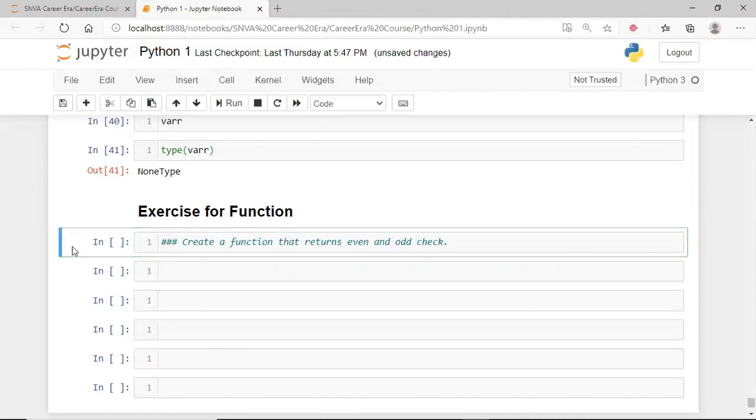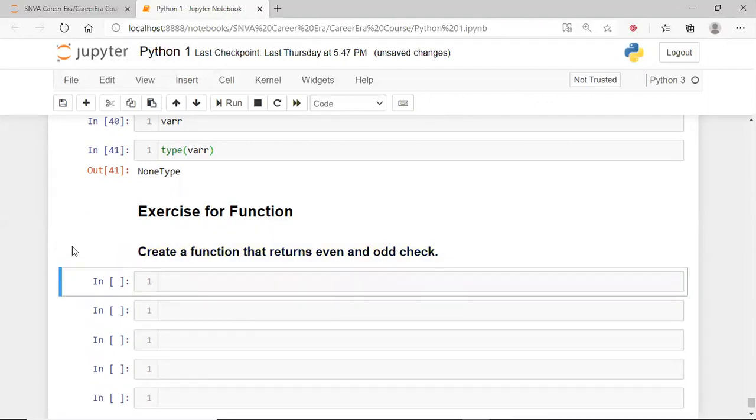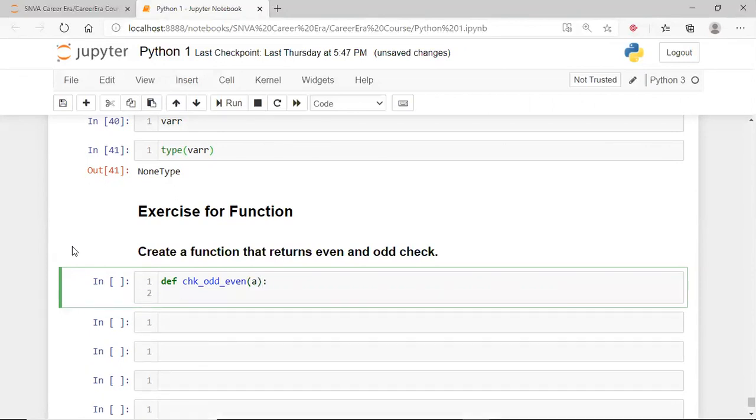Let me get a markdown cell, run it, and let's start with it. So what I will do, I will create a function, and obviously we'll name it check_or_even in the parenthesis. Obviously I have to check, so I have to get some value, and if a mod divided by 2 is equal to 0,